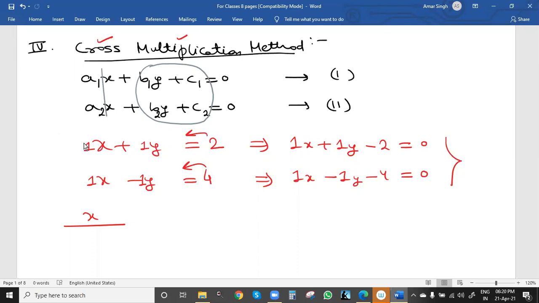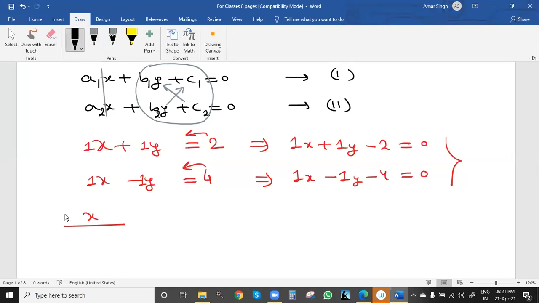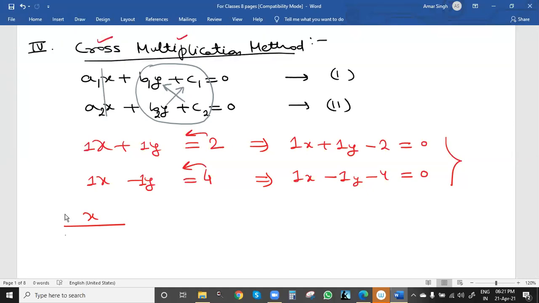Always multiply like this. Cross means it should start from the right hand side, not from here. Always from here: this minus this. Normally 99% of students use the right hand side for writing, so from the right side only we have to start. Right side first, then left side, and we write the values. How have we done it? b1 c2, the constant values, b1 c2 minus b2 c1.